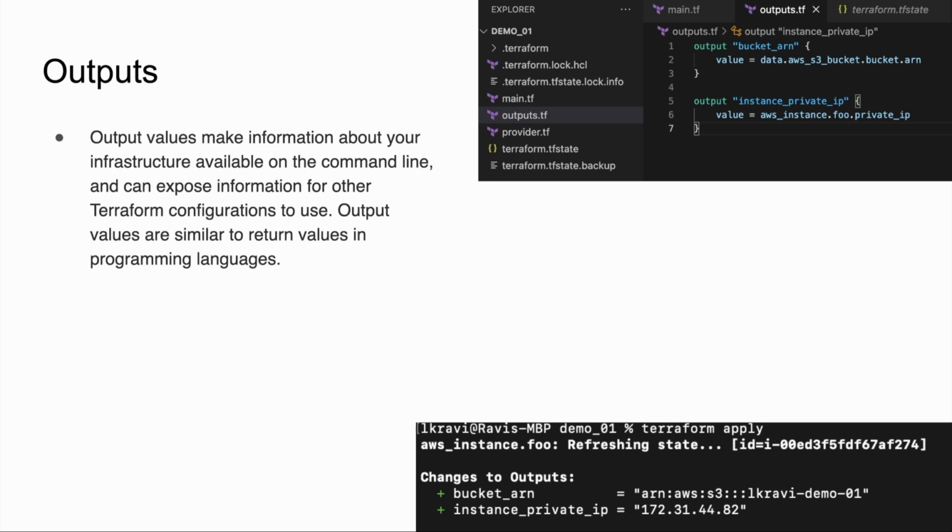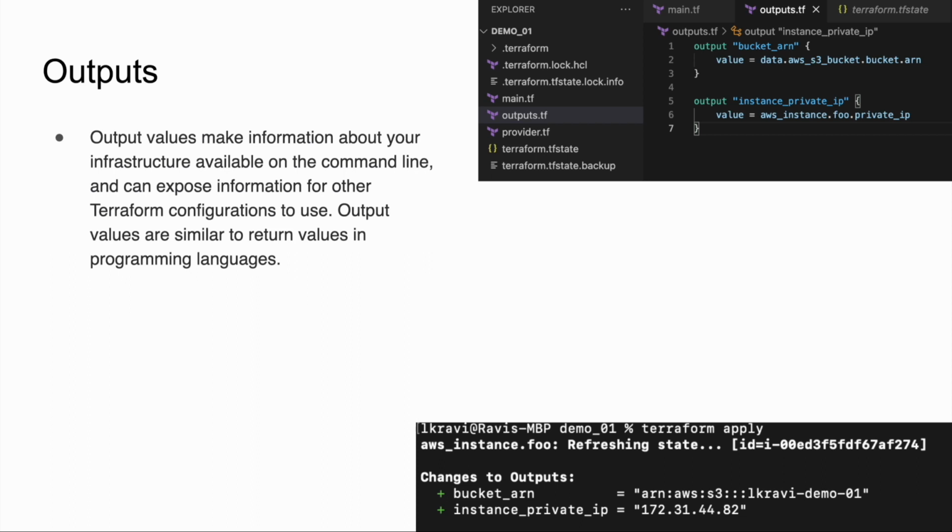Here, for example, we are just defining the bucket ARN. You remember that I added the S3 bucket as a data source, and now I'm referring to the data.aws S3 bucket and the bucket ARN value. And for the instance we created, I need to get the instance private IP as output. So once I define these two output values and run Terraform apply, after apply, as in the second screenshot,